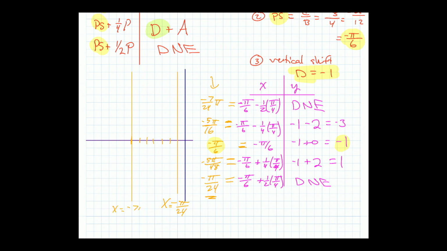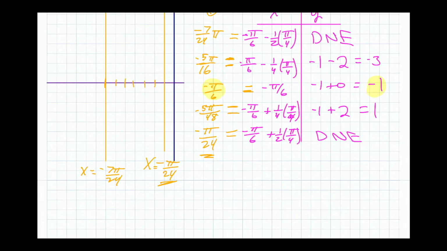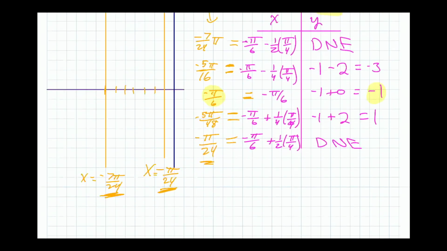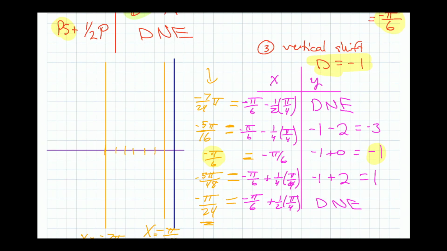That's negative 7 pi over 24. Now, why did I use 6 boxes? Because this was negative pi over 24, and this was negative 7 pi over 4. So from negative pi to negative 7 pi is a distance of 6. That's why I did it. Right? So if I get those in the right place, then in between is actually easy to plot because I